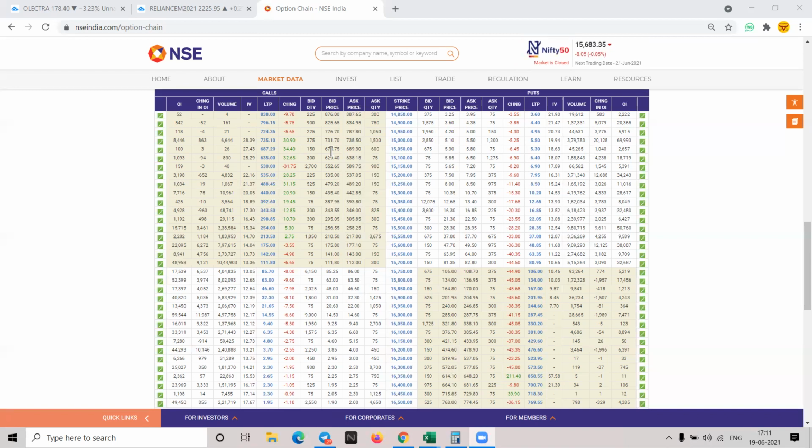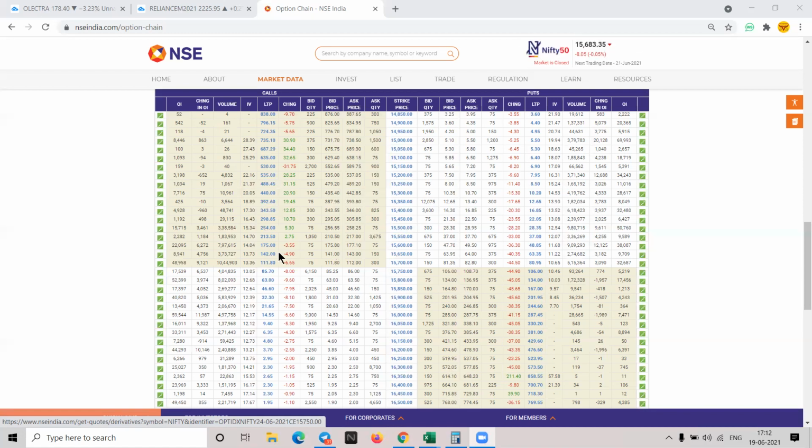If somebody is buying, he is only investing 85 rupees. The risk is also 85. But when somebody is doing option selling, understand he has unlimited risk. So that's why it is said that option sellers are the ones who decide what side the market can go. Okay, I'll explain that concept as well.